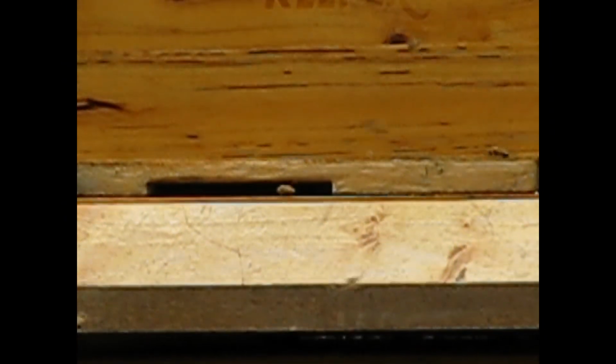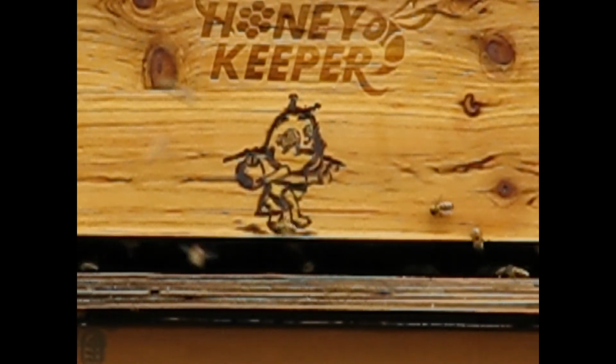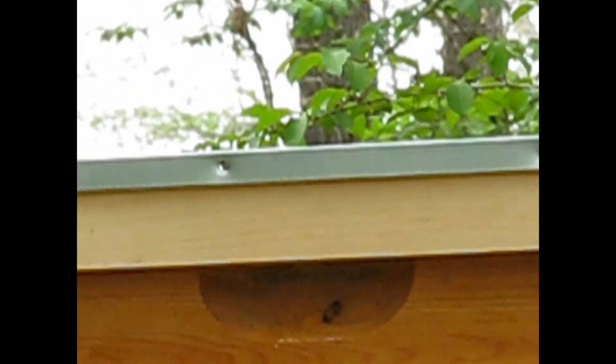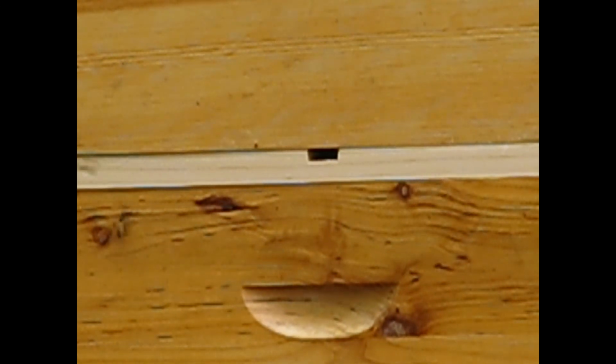That's the first hive. Girls are just settled down. I'm going to swing over to the swarm. This is a swarm hive. It's a little wood burning I did on the front end of it. Girls are quite happy in their new home. And the third one, well, they're still getting used to the opening. And the fact that I threw food in there, maybe that kind of made them ring the alarm bell. I just saw one crawl out of the top entrance on this one. Right there. There's another one. So the girls are able to get out of that top entrance. My other inner covers don't have that entrance, so